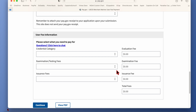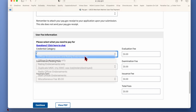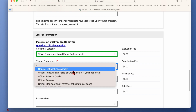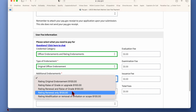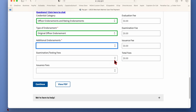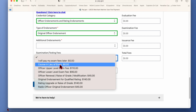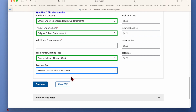So this will be available to you also in that email once you successfully complete the class, but I'll go through it real quick with you. So you're going to select Officer Endorsements. Type of endorsement, Original Officer Endorsement. Additional endorsements, none of those. Examination testing fees. Course in lieu of exam. Issuance fees, $45. So if you look over here, it should be